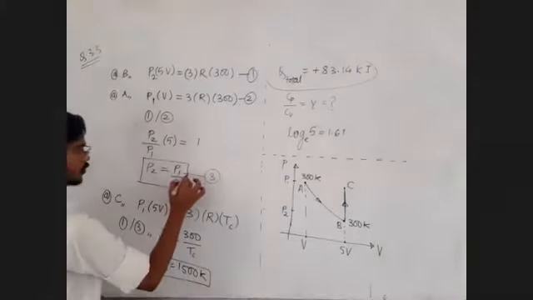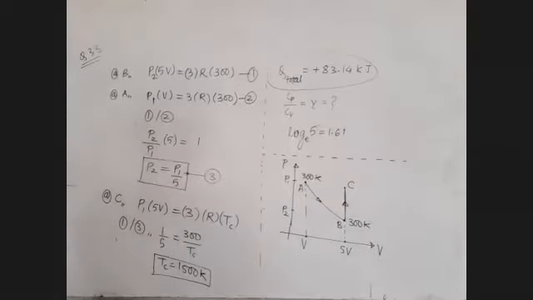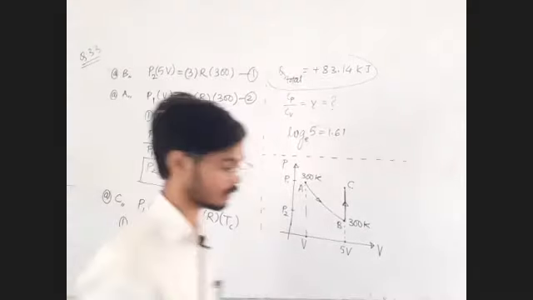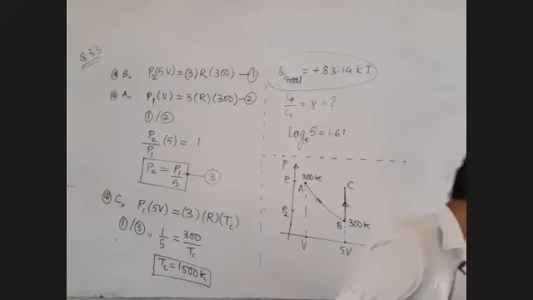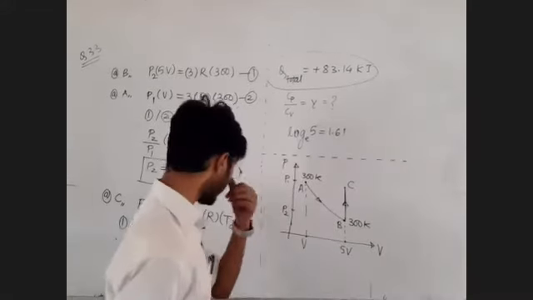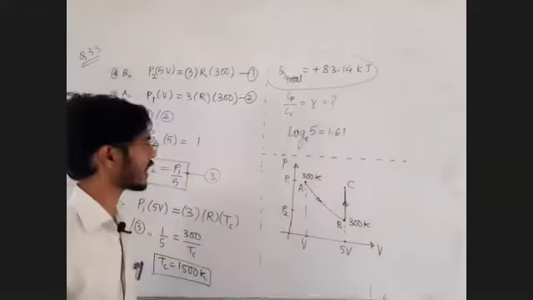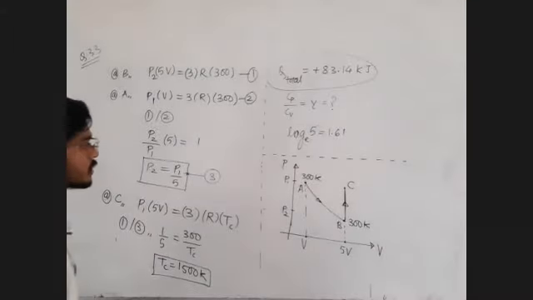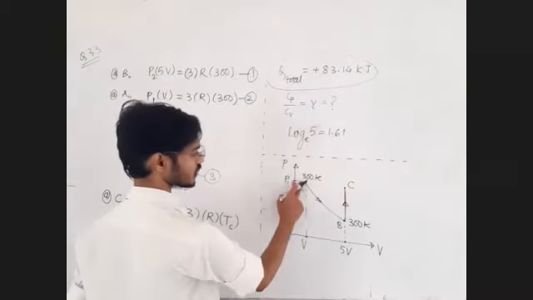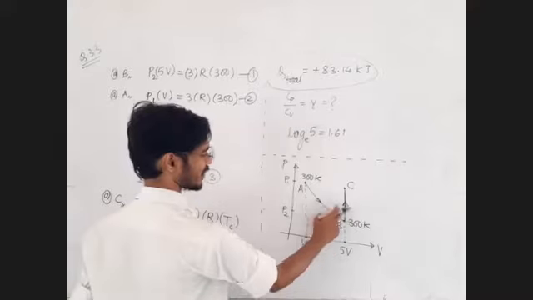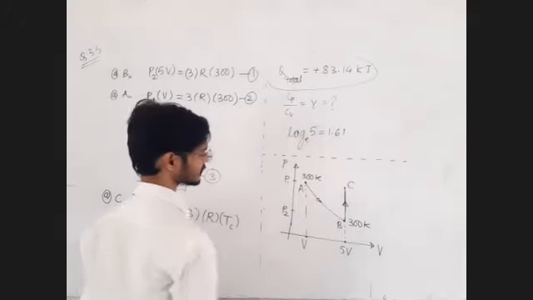This step is also required. We'll use it, because I thought that somewhere in the further process I may need it. So I just wrote PV equal to nRT at this point, at this point, and at this point.